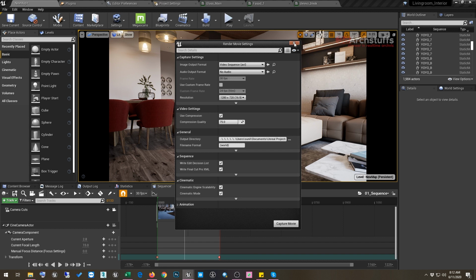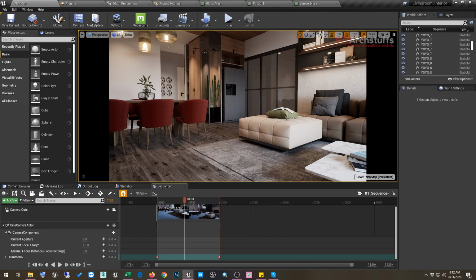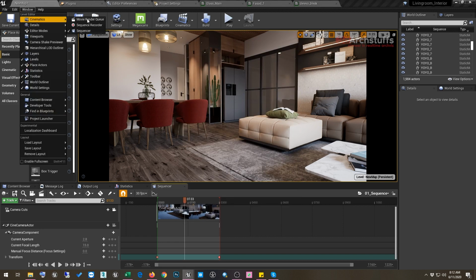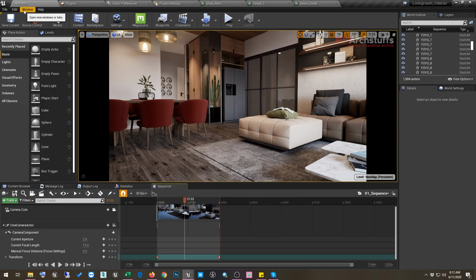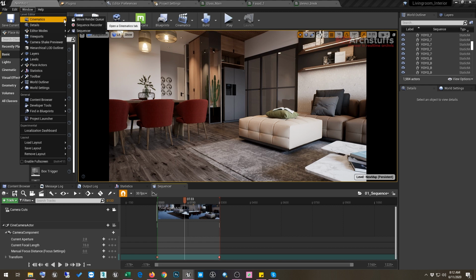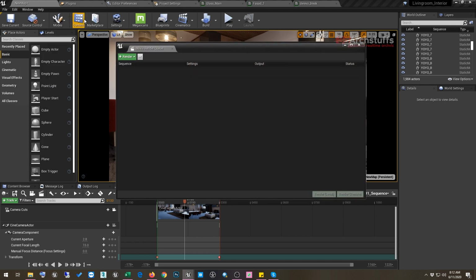It's just a simple rendering tool which was introduced in Unreal Engine, but the Movie Render Queue is going to be developed further in the future and will be the main thing to render a cinematic video. So just go to Window, then Cinematic, and click Movie Render Queue.